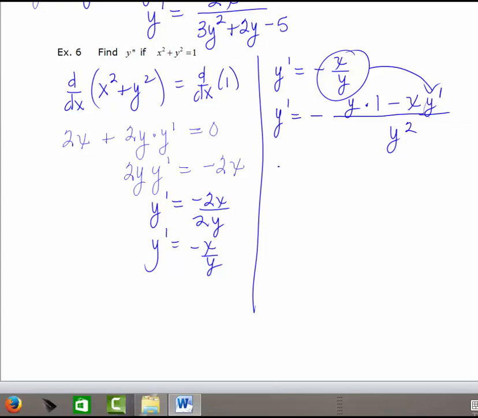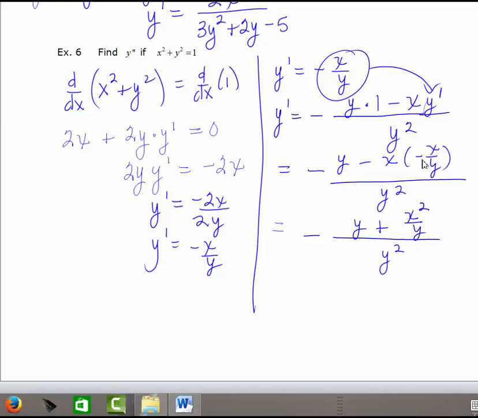We're going to substitute that in, and here's where we'll have to deal with some algebra. I've got a negative y minus x times negative x over y, all over y squared. So after substituting the negative x over y in for y prime, because I don't want to leave a y prime in my answer,